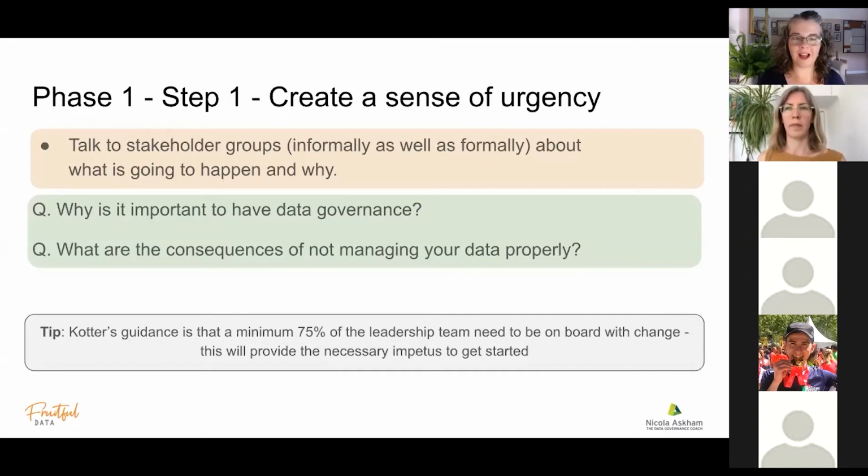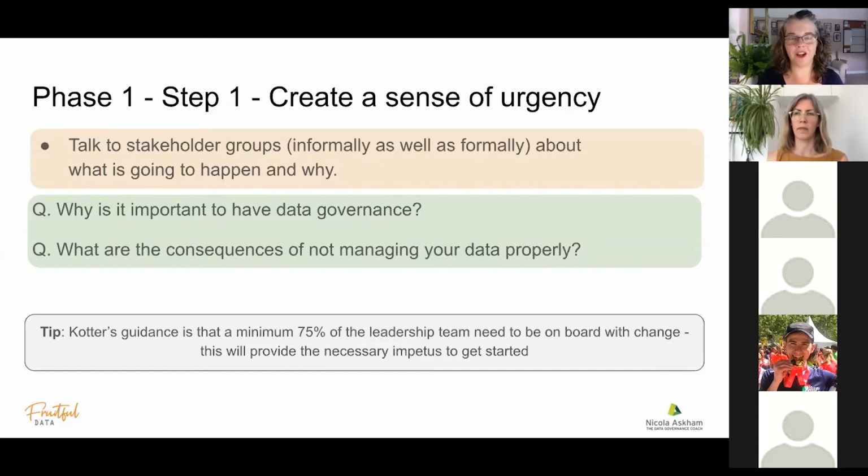They don't understand why it's important to have data governance for their organization. And I think if you miss this, then you're really going to struggle to have any success, because what you've got to be able to answer, whoever you're talking to of your stakeholders, is what's in it for them. And if all that's in it for them is a lot of overhead and maintenance and giving you information that was in their head, but they don't get any benefits,